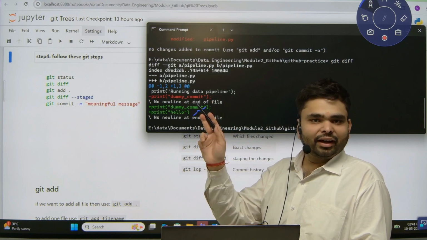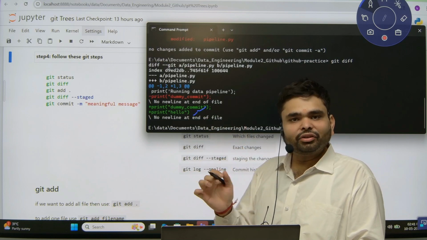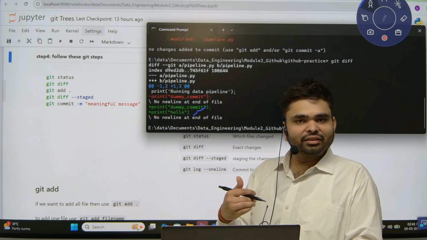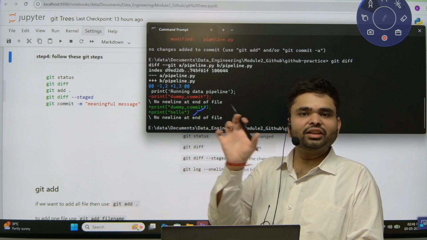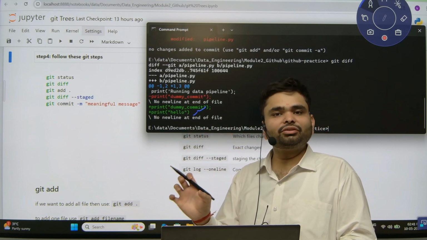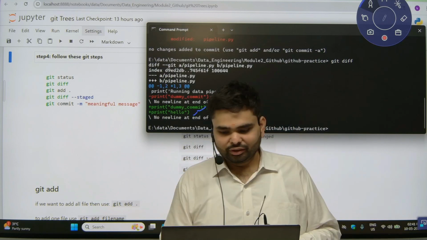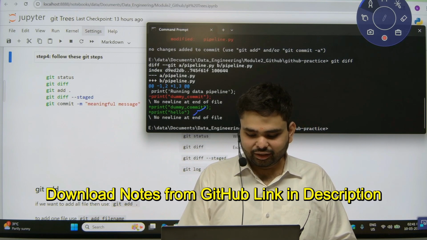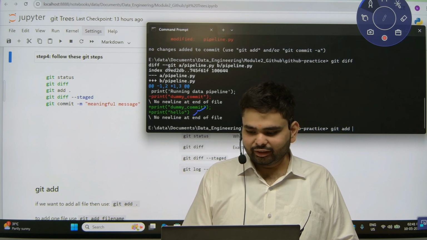Now the second area is the staging. In staging we move those changes which we have confirmed, yes, we are ready for these changes to be moved to the final stage. So we move them to the staging area. In the staging area we move only those changes which we have confirmed. It is a pre-final step. So to move the changes into the staging area, use git add and space dot.